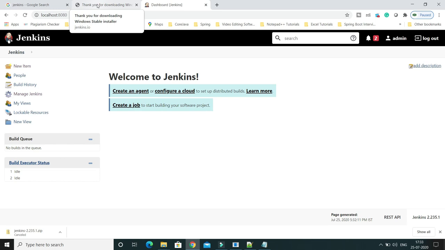There are prerequisites for hardware as well as software. If you want to install the latest Jenkins on your Windows machine, you require at least Java 8. I am assuming you already have a minimum of Java 8 installed on your machine, and then you proceed to install Jenkins on Windows.